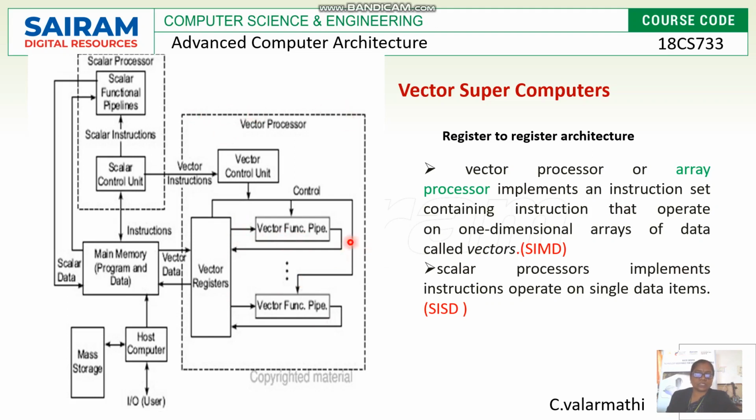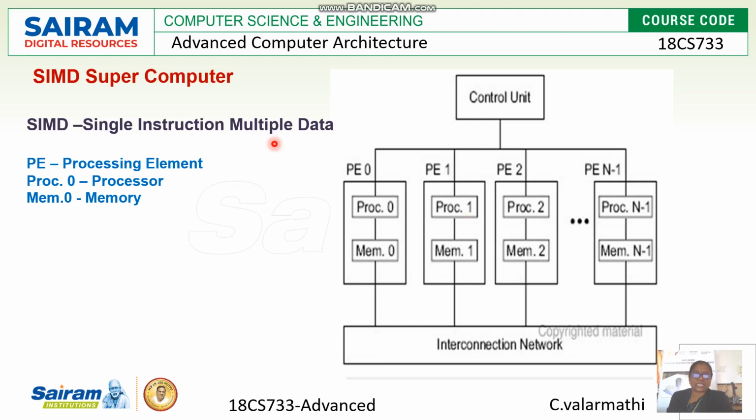So this unit is called a vector processing unit, and this top unit is called a scalar processing unit. From the scalar unit, the instruction is given for functional pipelining statements using a single scalar data. So a separate line is given for scalar processing along with the vector processing. If your computer has the capability of executing both units, that kind of computer is called a vector supercomputer. Then SIMD.